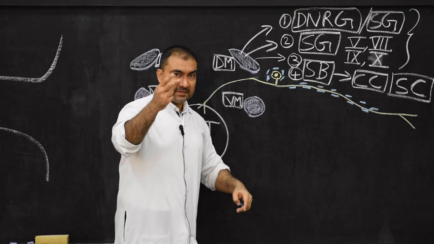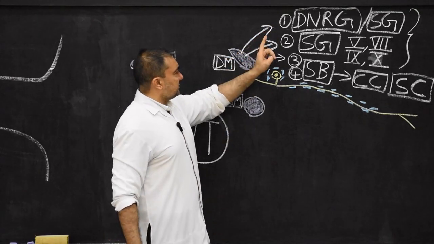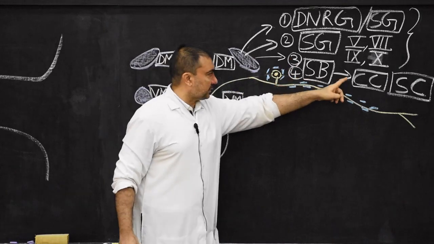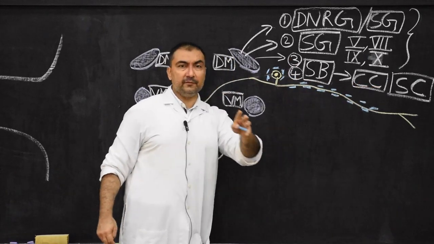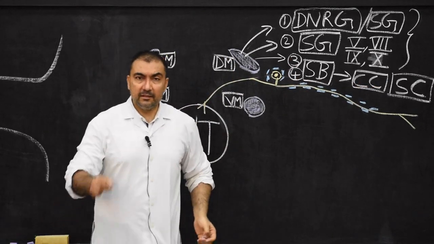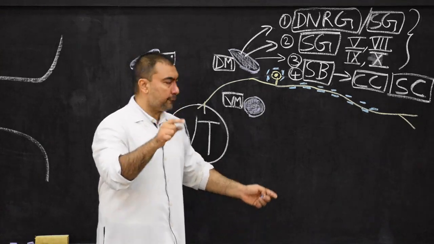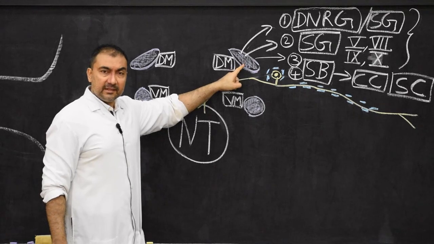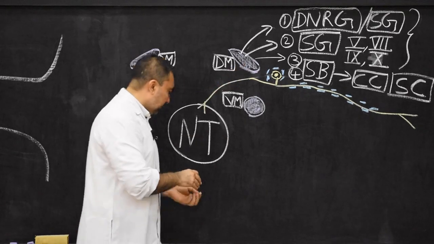So the upper two structures have developed from neuroblast, and the lower two structures, 3 and 4, capsular cells and Schwann cells, have developed from spongioblast. The last structure develops from the dorsal mass. See here, we are taking the dorsal mass. So the last structure will be from the dorsal mass.